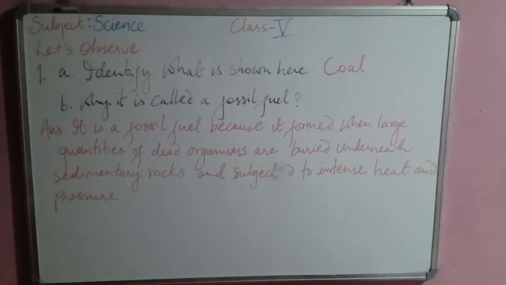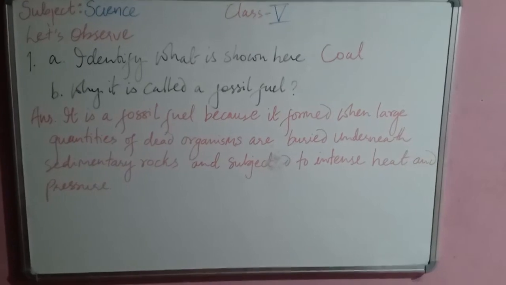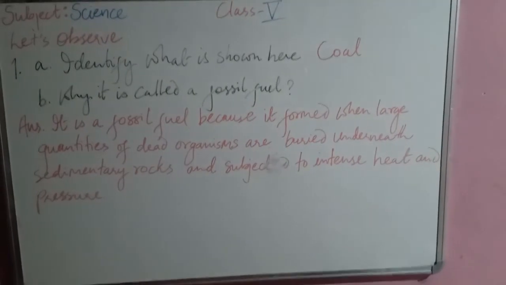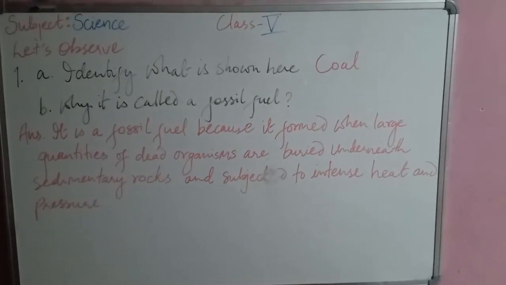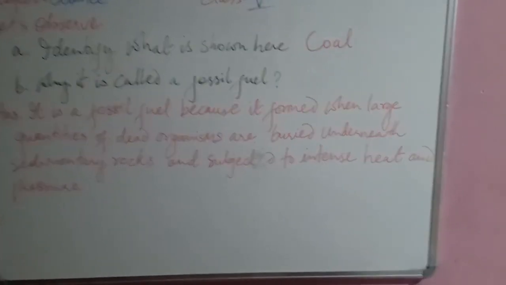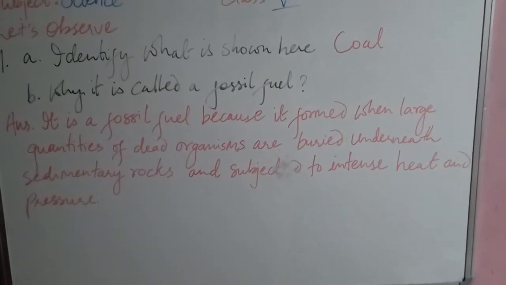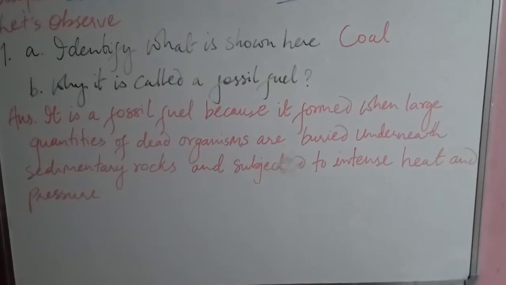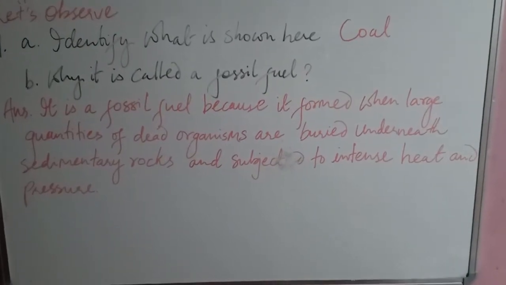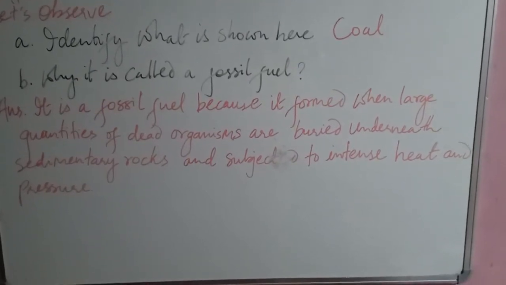moving on. So the next question we have is, let's observe. So first question, identify what is shown here. It is a picture of coal, so you have to write coal. Then question B, why is it called a fossil fuel? So you have to write the answer like this. It is a fossil fuel because it formed when large quantities of dead organisms are buried underneath sedimentary rocks and subjected to intense heat and pressure. Okay,